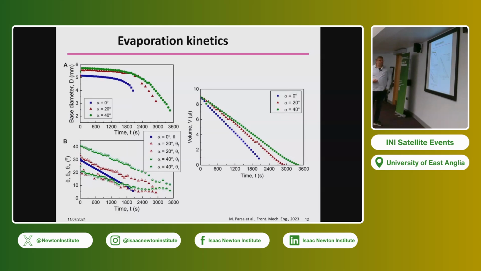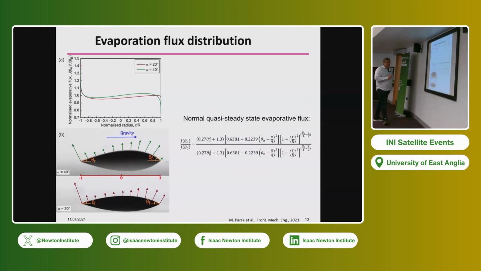So basically what we've got here is a nice indication of, I don't know where we are based on the two other cases that I've shown you. Is the inclination increasing or decreasing the evaporation? It's not as straightforward as we initially thought. So we did a little bit more look into it and try to analyze and create some sort of evaporation flux. And here is where we take the